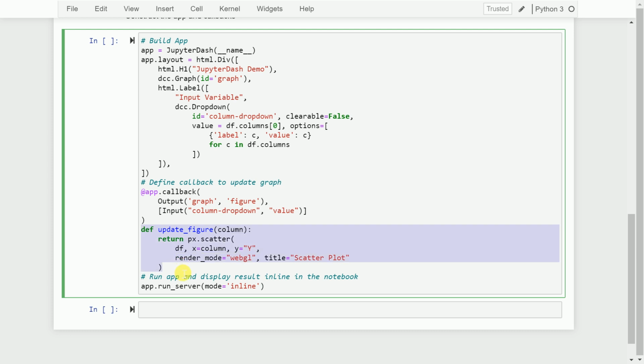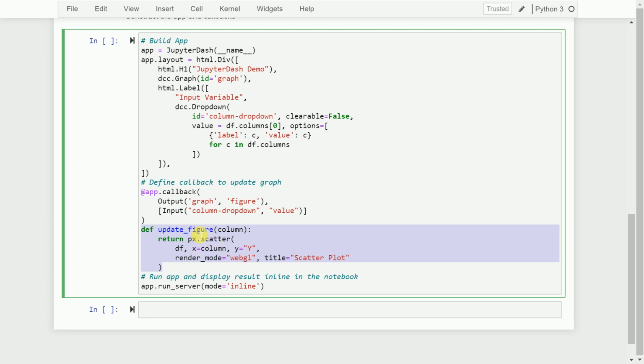Given that my graph is a dynamic graph that I've thought about, that is why I've chosen Plotly over say Matplotlib or Seaborn. Essentially what I want is that with every change in input, the figure should be able to adapt itself to the new inputs and give me a visualization as soon as possible. What I mean by that is if I change my input from the x1 feature to the x2 feature, the graph should automatically update and give me a new scatter plot, which is what happens in this part of the code.